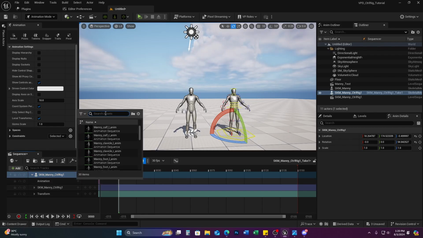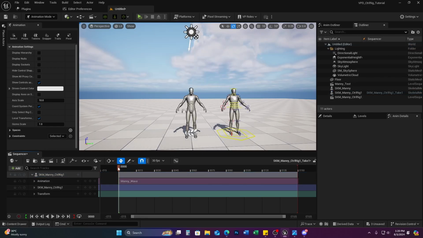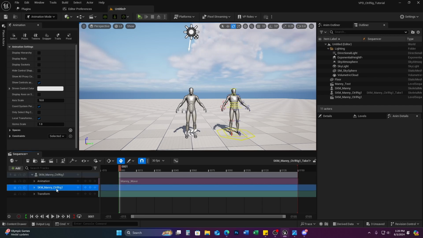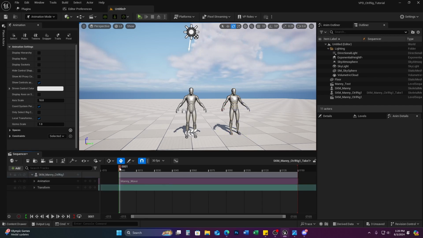Now, I can go and look for that wave. Oh no, nothing's happening. It's not waving. But I have a control rig. Why is it not working? Because the control rig takes precedence over the animation in this instance. So, if I delete the control rig, there's my raw data. I can now